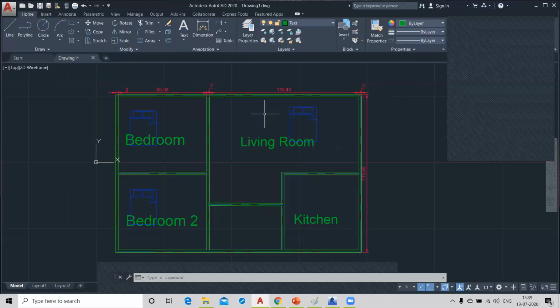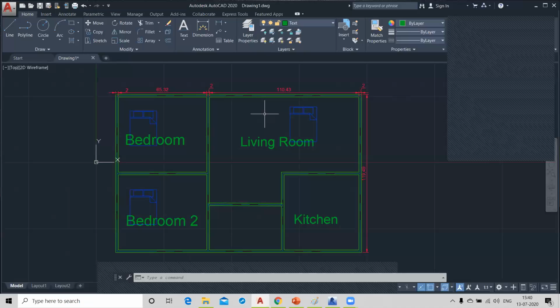In off, if any layer is turned off, all the objects from that layer are hidden from your screen, and you can't take a printout of that layer; it will not come in your printout.